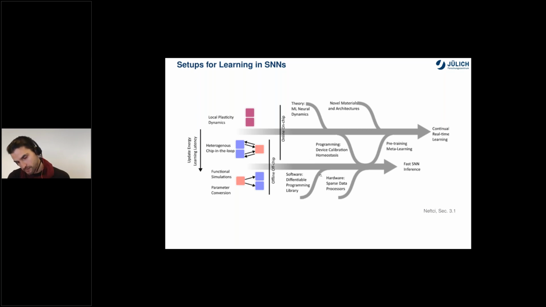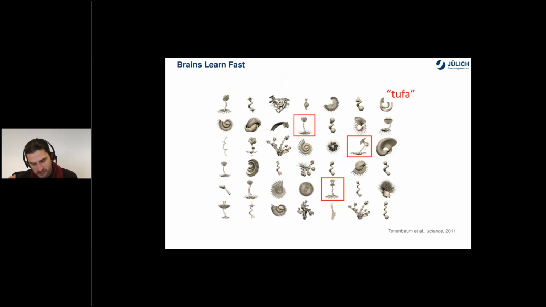I'd like to also point out two different, I think, important features, since this was the section that I was responsible for. I think conventional software and conventional hardware are going to play key roles in actually programming this hardware and these learning systems, as well as pre-training these networks. So priming the networks for learning, because this will allow the local plasticity then to make only a few updates in order to reach a desired behavior. And this comes very nicely with, I think, one of the most impressive features of the brain. It's its ability to learn things quickly.